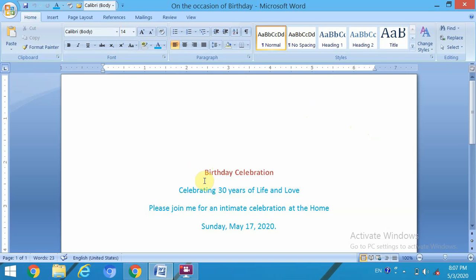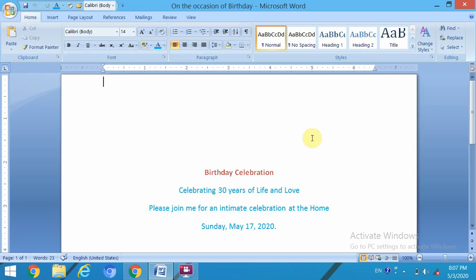Firstly, we type some information related to functions where we can invite all the friends and relative on the occasion of birthday celebration.